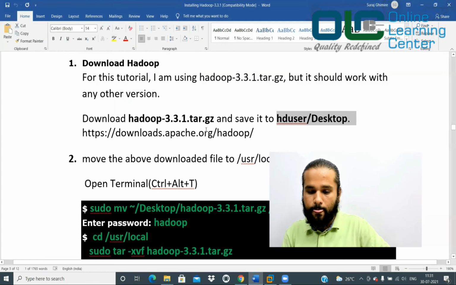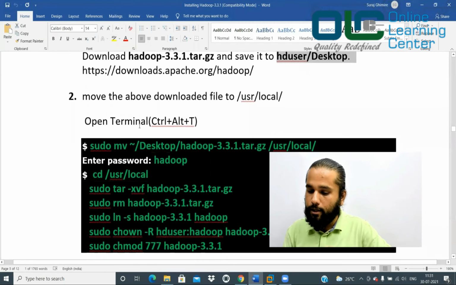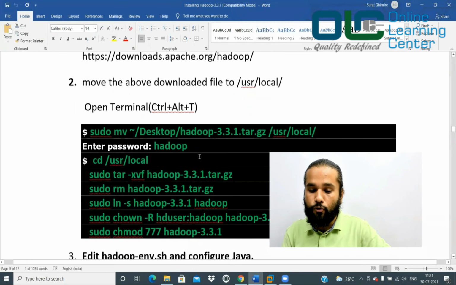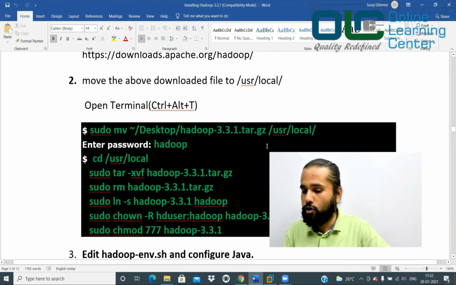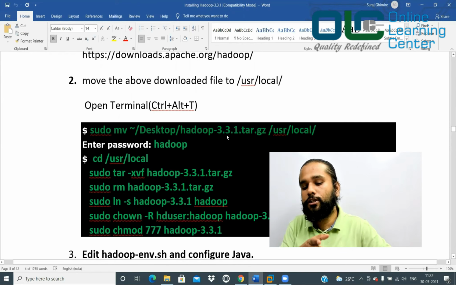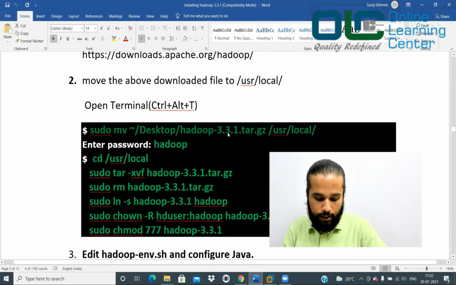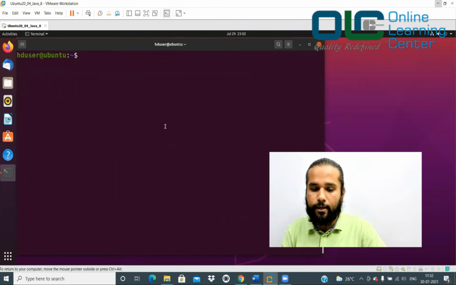Now let's move to the next command. Let's open the terminal. We already have a terminal, and let us try to move this Hadoop 3.3.1 to /usr/local. This would be our installation location of Hadoop. You can choose any other location, it really does not matter, but let me go along with the document. So I'll say sudo mv Desktop/hadoop-3.3.1.tar.gz /usr/local. If you're working with any other version, please feel free to change the version number properly. Tomorrow, if you see 3.4.0, you should change the name accordingly. So copy this and let me go to the Ubuntu terminal and paste.